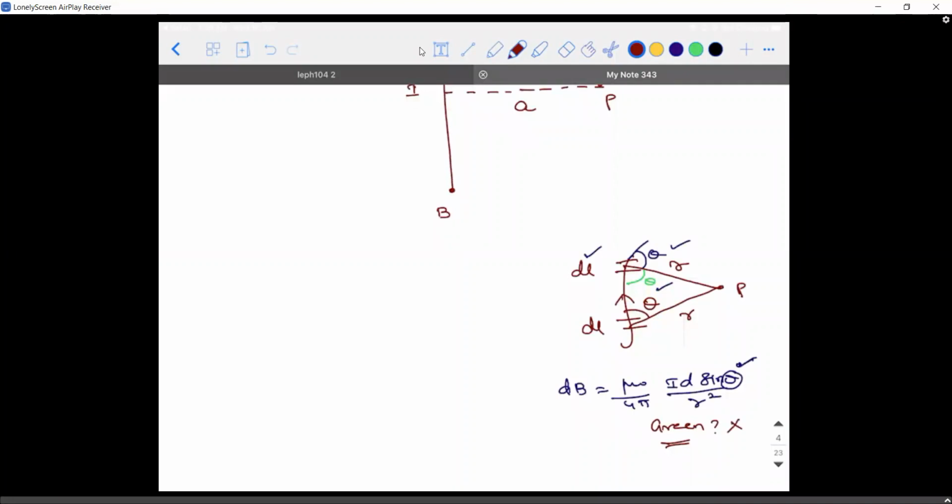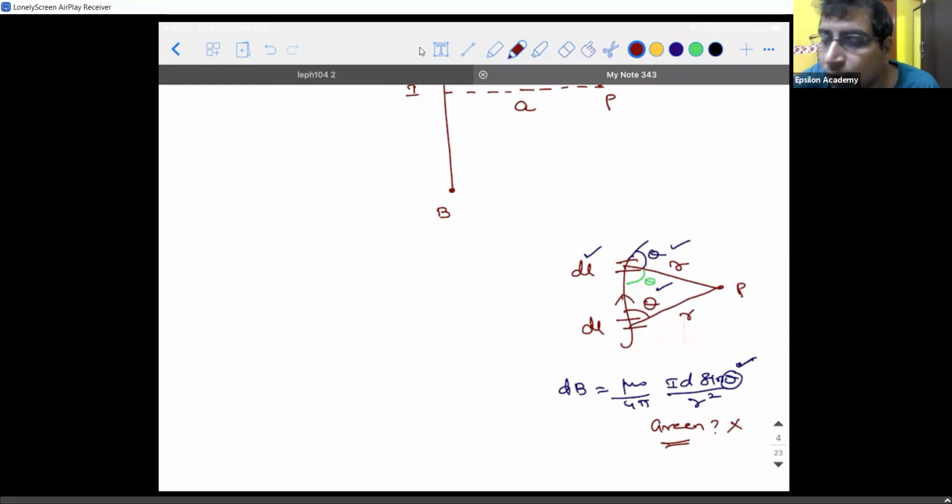There is a reason why I'm stressing on this point. I've seen it's a very, very common mistake. It's the most common mistake, okay? Because our eyes generally tend to go and look for something which is enclosed. You're seeing it because the current carrying conductor is like this and r is like this. The green color theta is enclosed between these two. That is why you think it is the case.